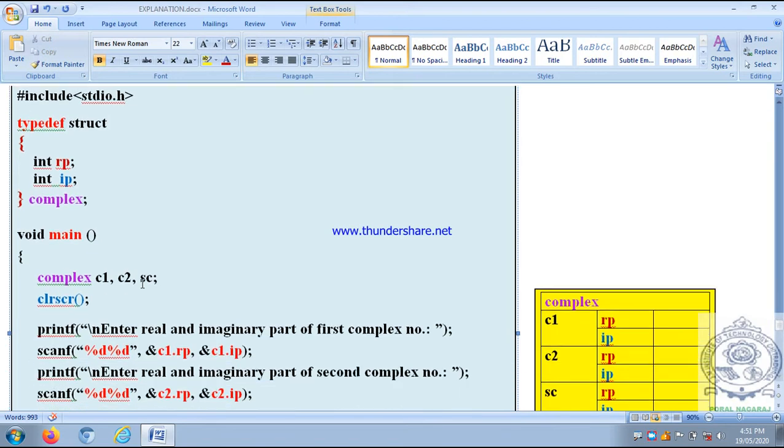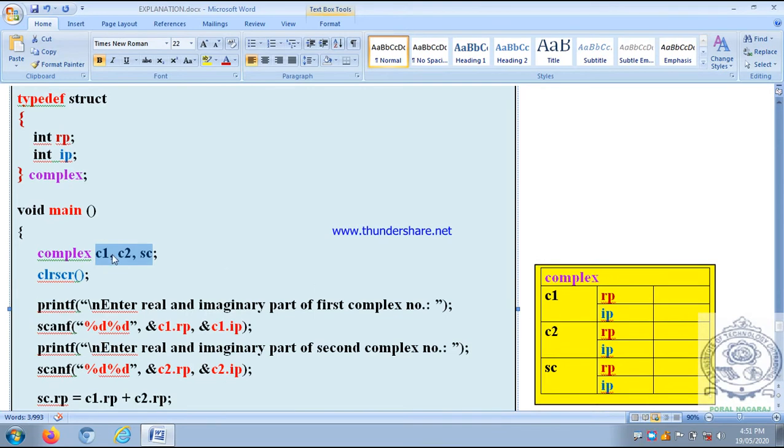Then our main program begins here. The declaration is complex c1, c2, sc. Here c1, c2, sc are three structure variables of structure type complex. Now memory has to be reserved for the three structure variables c1, c2, sc of structure type complex.